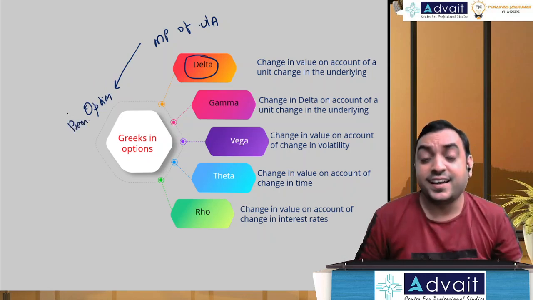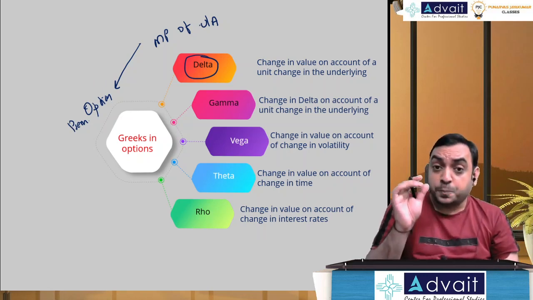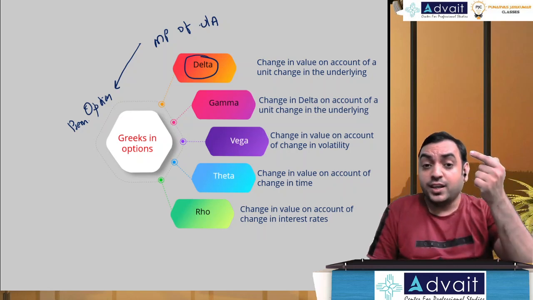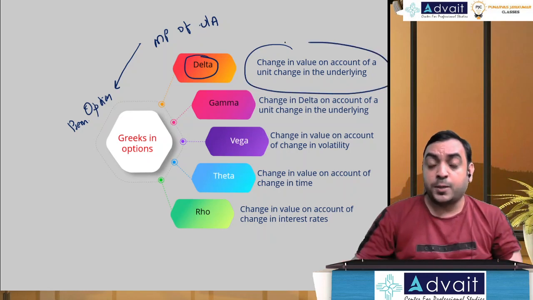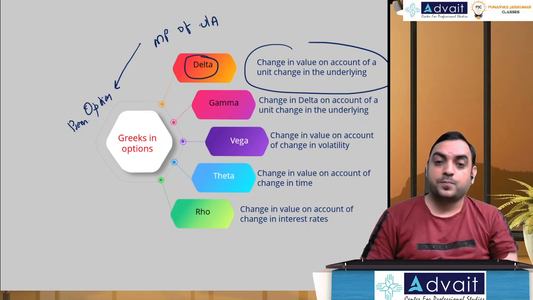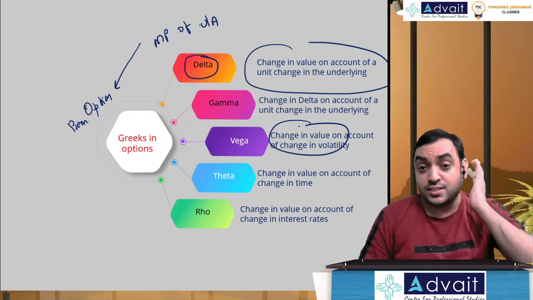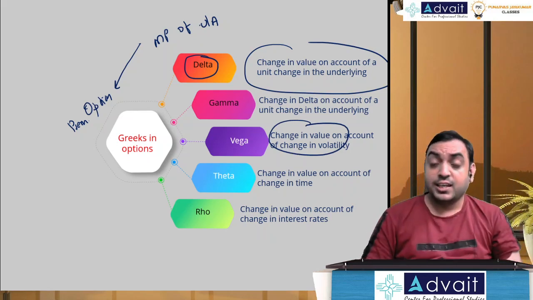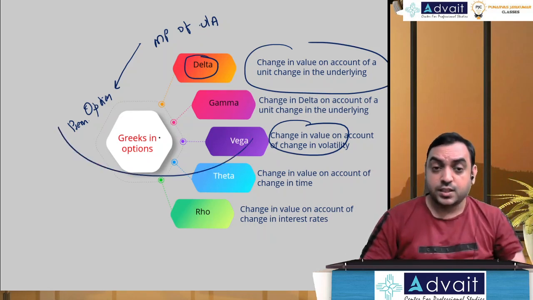We already calculated the delta formula also: C1 minus C2 by S1 minus S2, right? If the spot price changes by 1 rupee, how much will the option premium change on account of the change in the underlying asset? That's called delta. Now, if volatility changes, if standard deviation changes, if the risk changes by 1 unit, how much will the option premium change? That is called